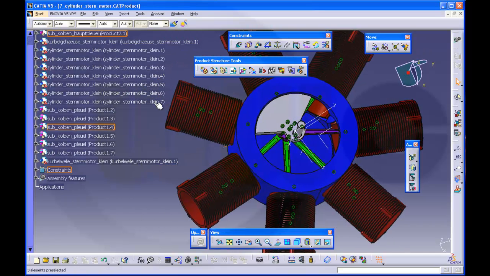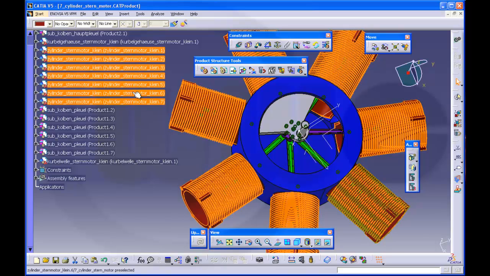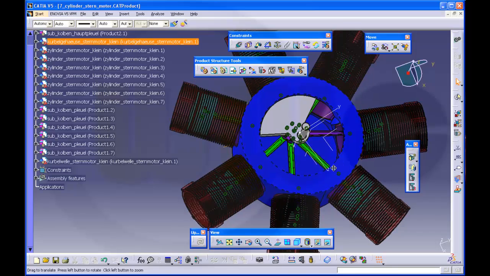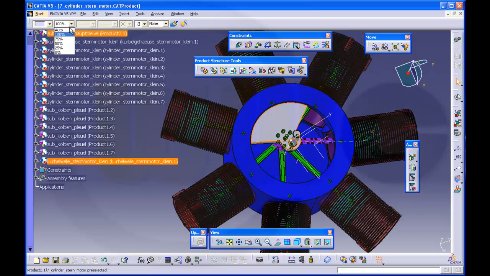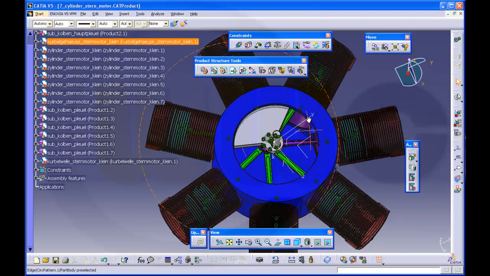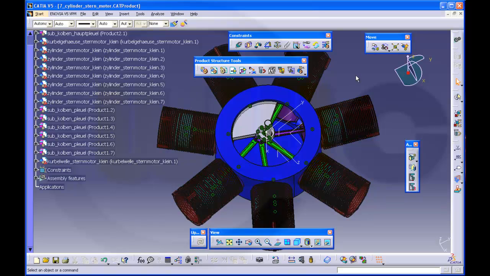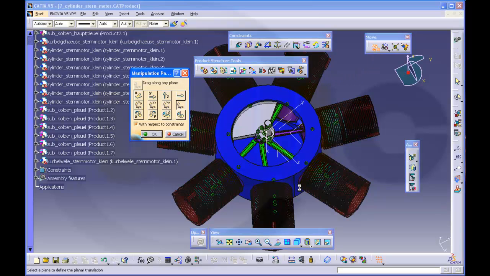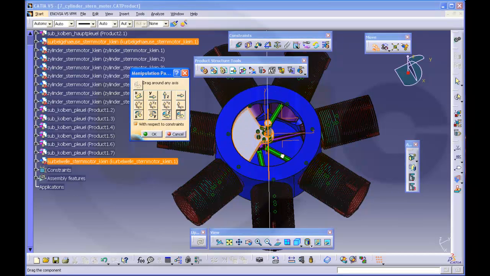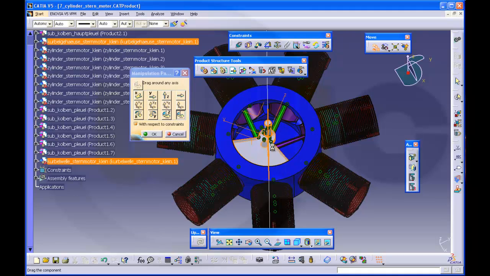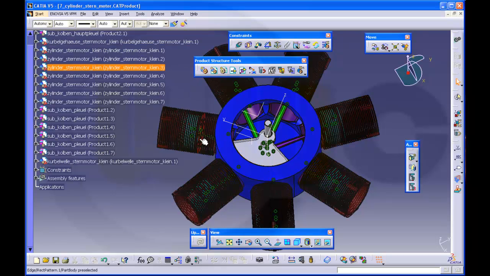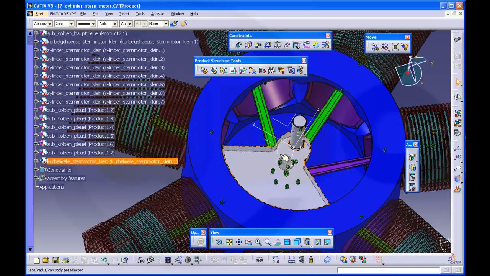Now, if you make these a little bit more opaque, so like this, and maybe this as well. If you move around the axis, okay, you see all the pistons work. Yeah, that's okay. So there's only one thing missing, the connection between, there is a sort of Bolzen between these